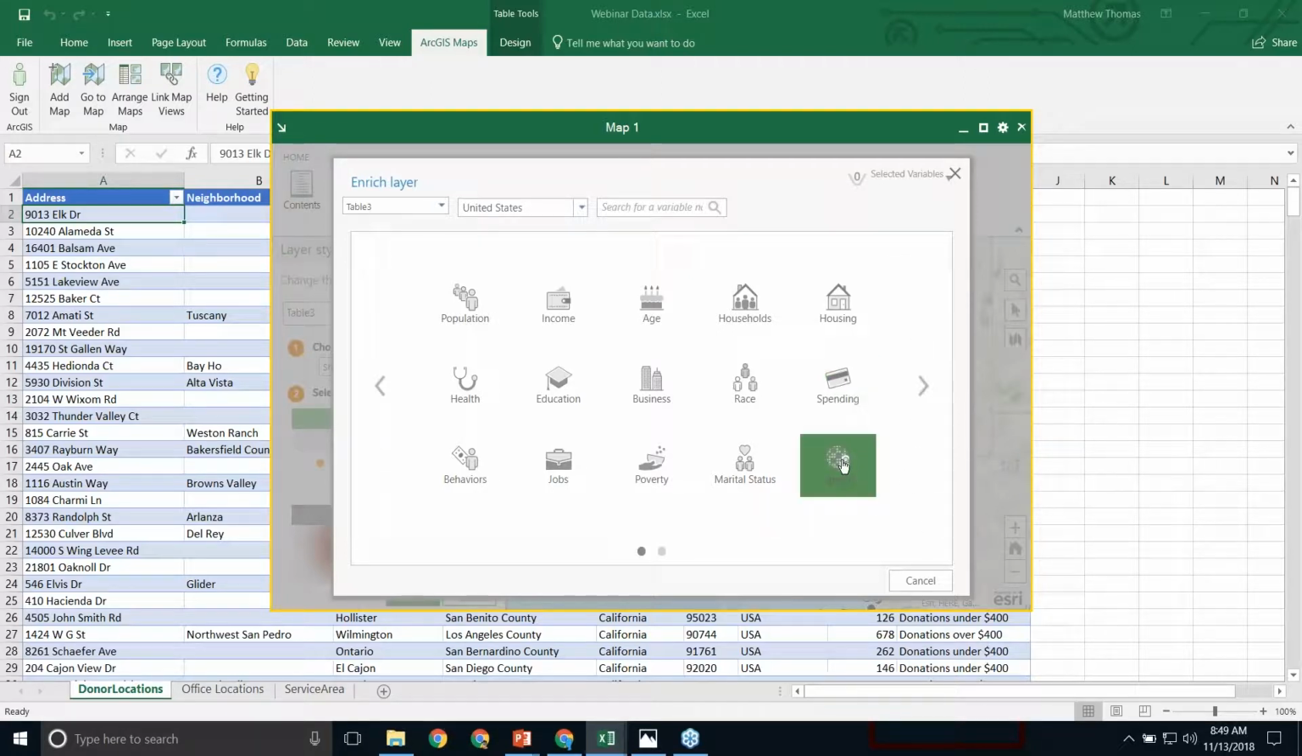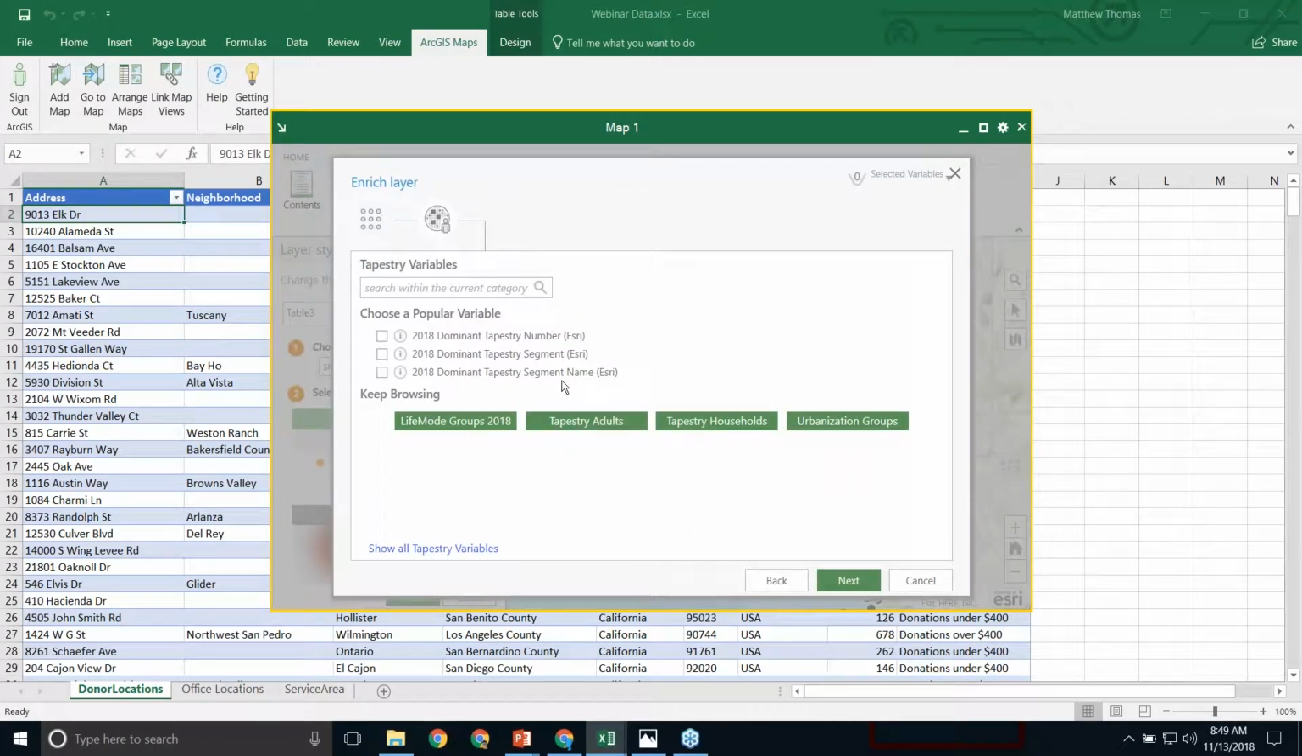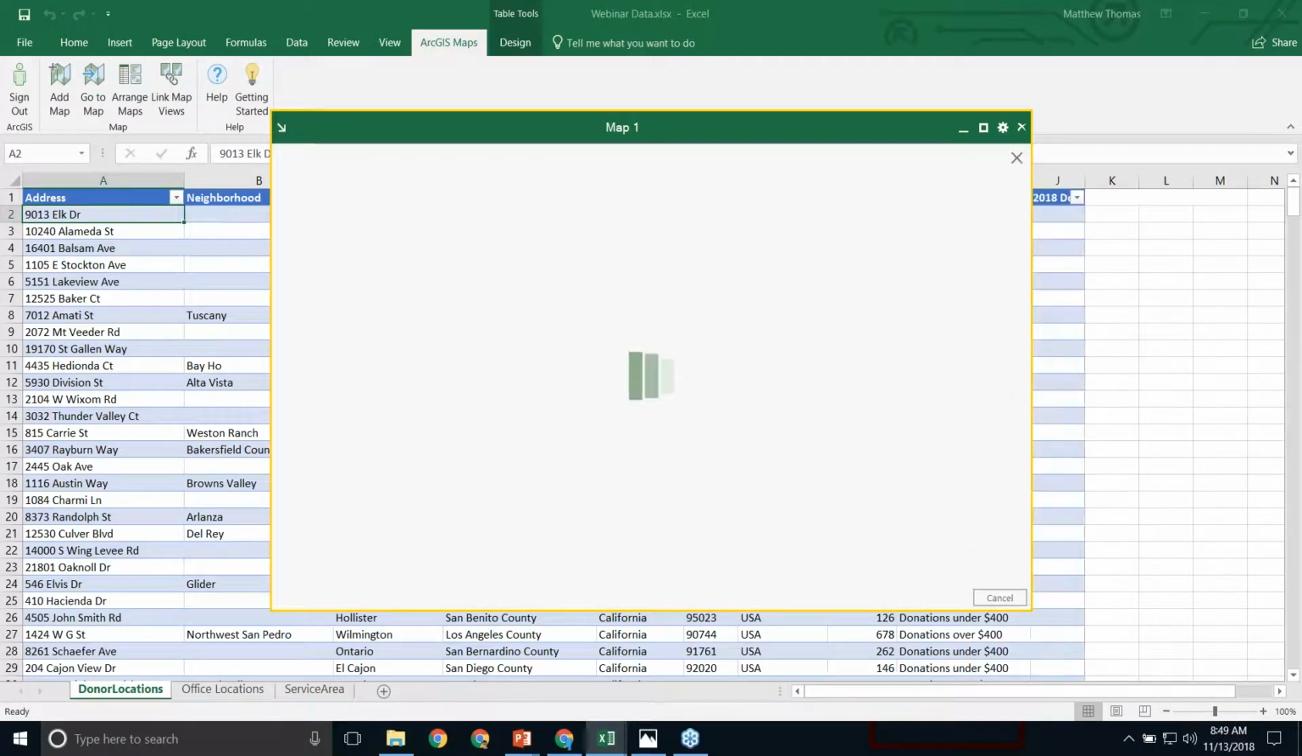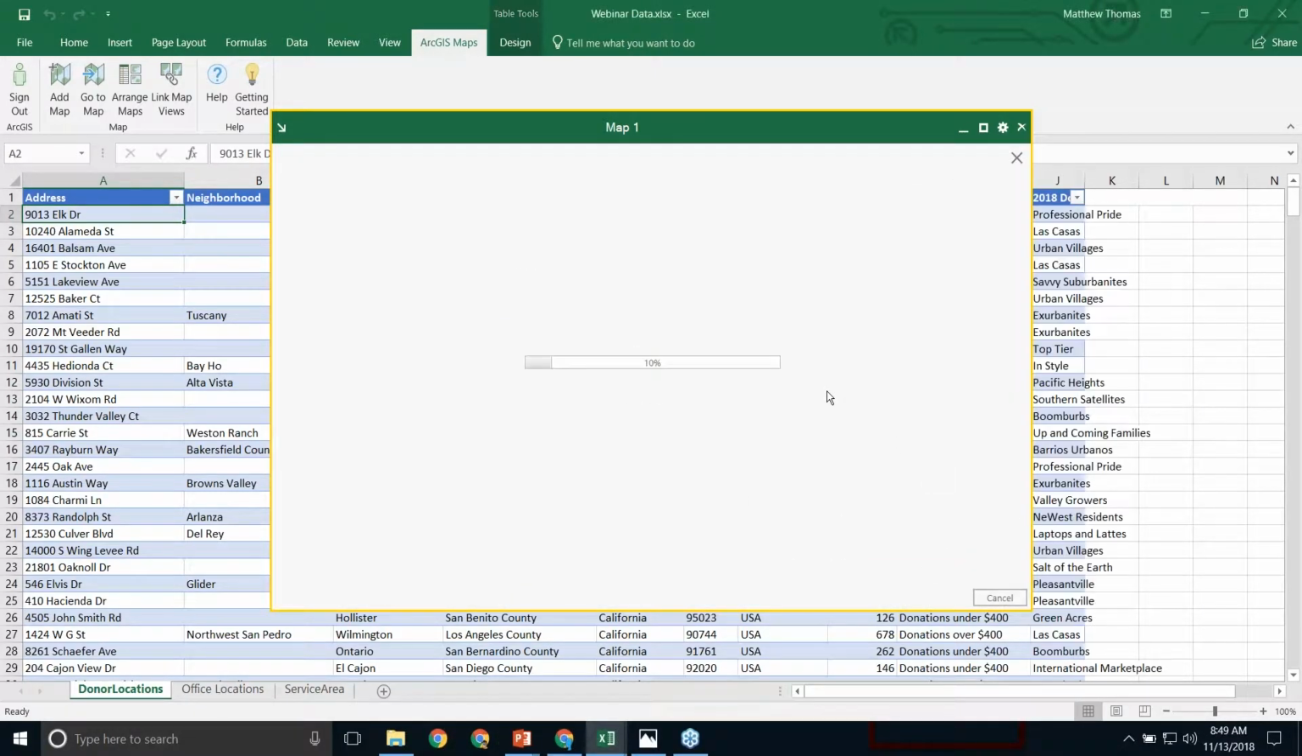And the one that I'm interested in is called Tapestry. And this is Esri's method of market segmentation. And while that is loading, I'll give you a quick explanation on what that is. Basically, Esri's demographers have